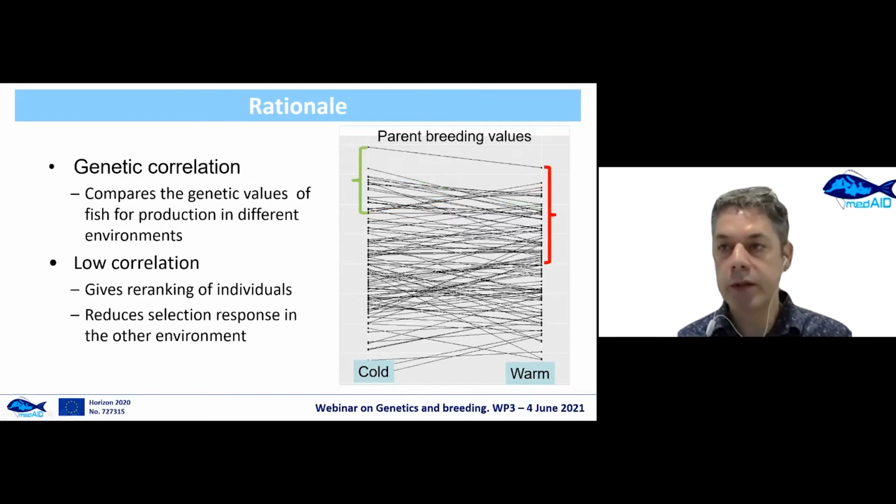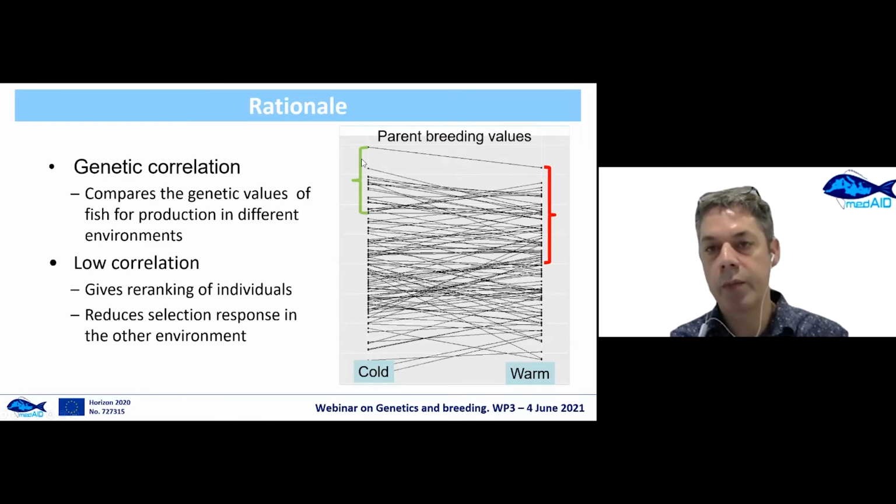It also means that if you do selection in one environment, so let's say we select in the cold environment, we would select the top animals on their breeding values. So this green accolade shows the group of animals that would be selected, and they would have a mean here somewhere in the middle. If you would produce their offspring in the warm environment, you see that there's more variation